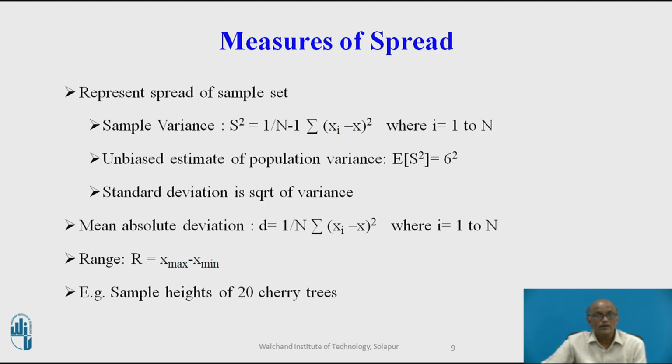And again, we can prove that the sample variance is an unbiased estimator of the population variance, and the square root of the sample variance is also known as the standard deviation. Now just like the mean, the sample variance happens to be very susceptible to outliers. So if we have a single outlier, the sample variance or sample standard deviation can become a very poor estimate of the population parameter. So we define another measure of spread which is called the mean absolute deviation, somewhat similar to the median.